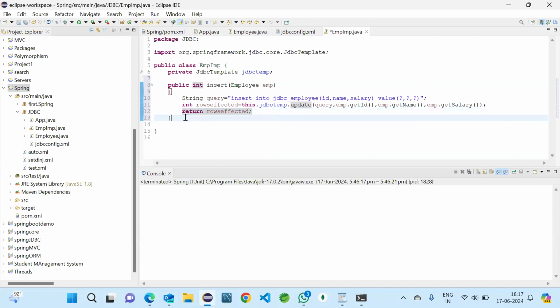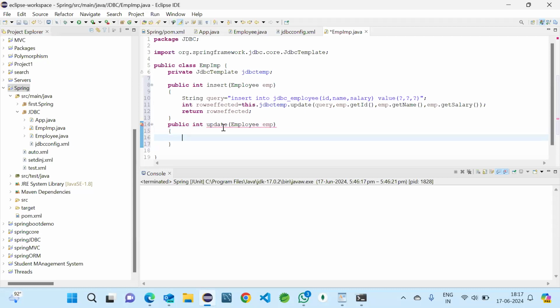That's it. And similarly we'll write for update: public int update with the object of employee only. So it should return something. For now I'm just returning 0. After code completion we'll return the values. So here the query will be: query equals to update JDBC employee set